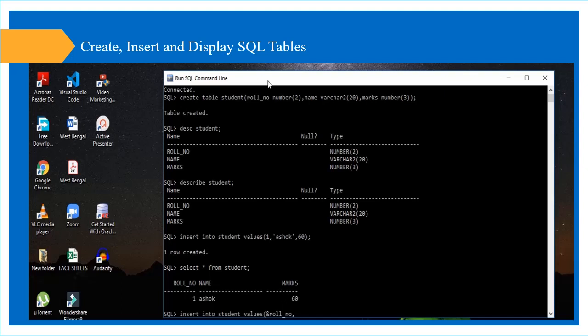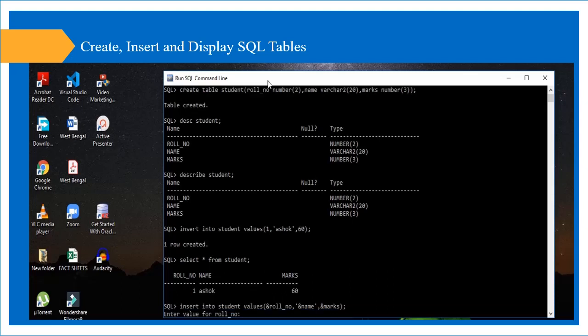For the varchar character data type, give a single quote, then ampersand, then the field name, then close the single quote, then comma. For the number field, again no single quote, only ampersand and the field name marks. Then close the bracket, then enter. Now the SQL prompt is asking for the roll number.